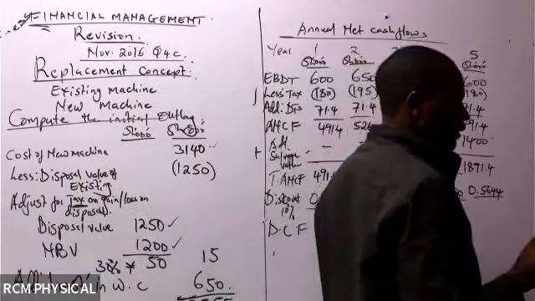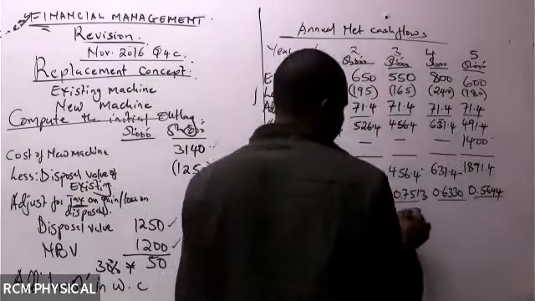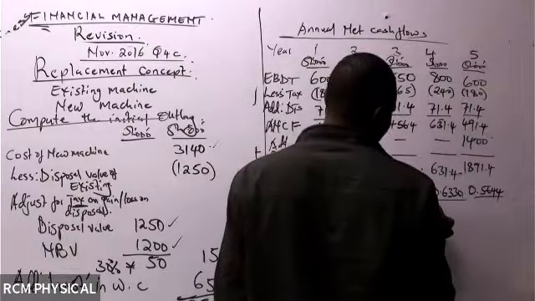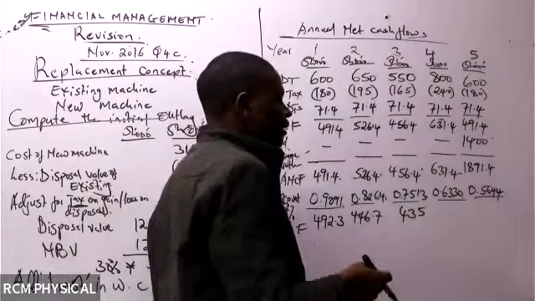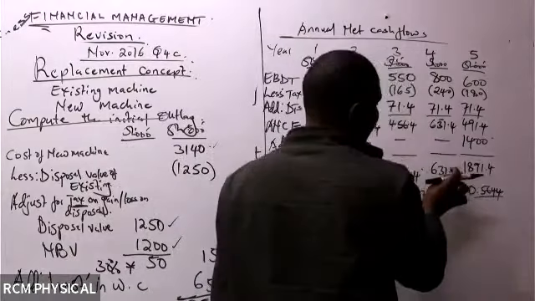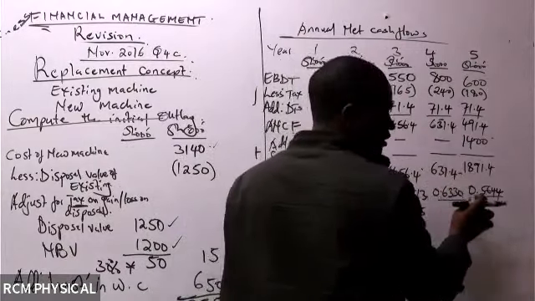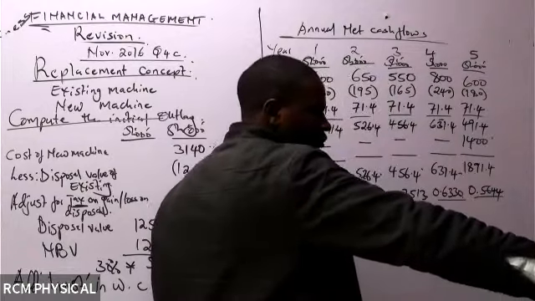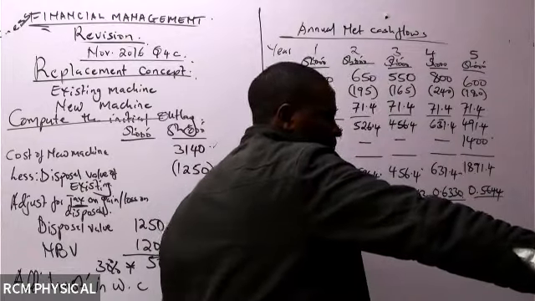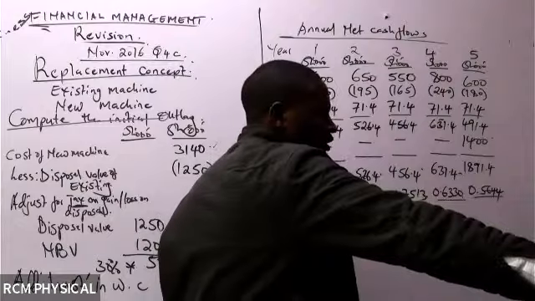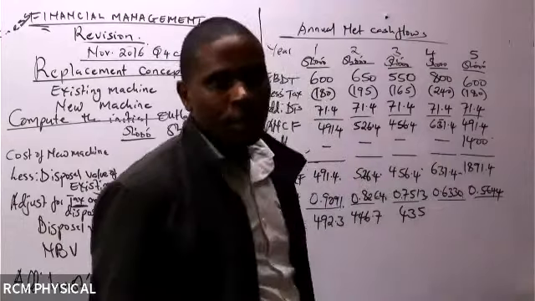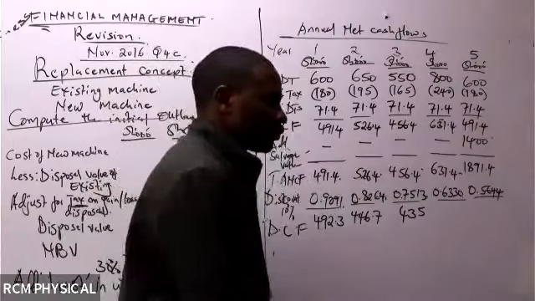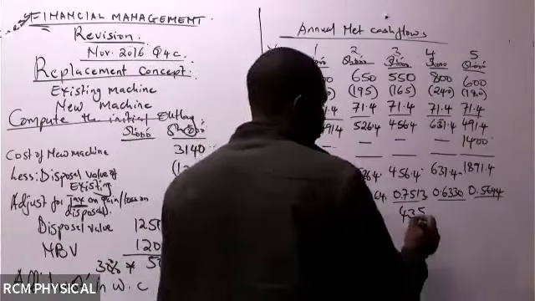Nipatie hiyo nyingine. 435. Inasoma tunazenye nipatie pale. Hii correct. Na mtu niona nipatia 6209. 6209. Kama iko sawa, you continue and give me the total. The discounted cash flow. Total discounted cash flow in that equals to